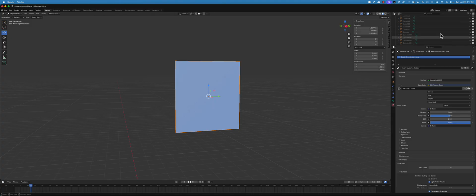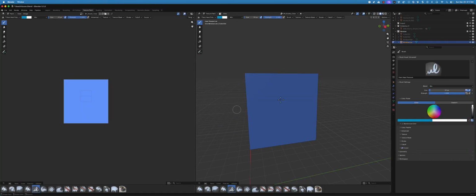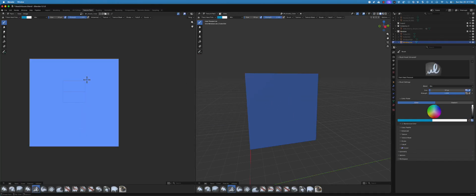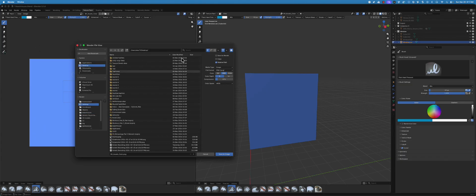And you could see for my low texture, it actually applied a flat image. We just need to save it. So let's go over to texture paint here, and let's save this off. So under image here, you can see BH underscore assets color. I'm going to go to image and I'm going to go to save. And the place I want to save it is I want to make sure that in our desktop here,